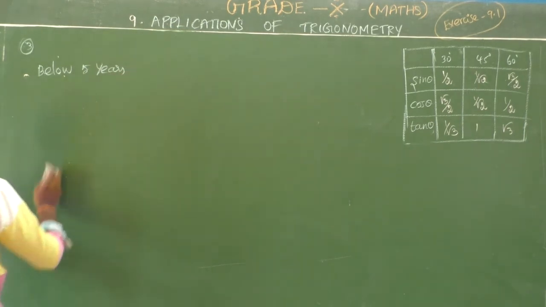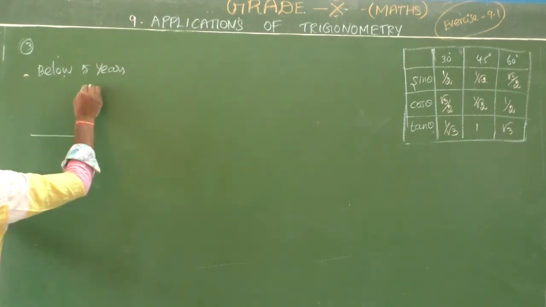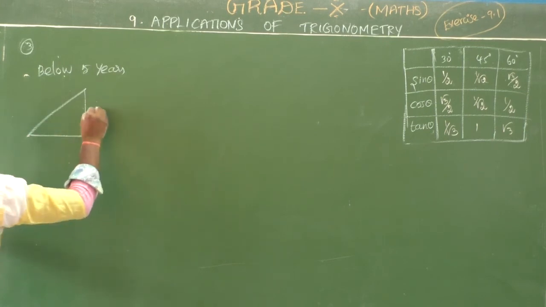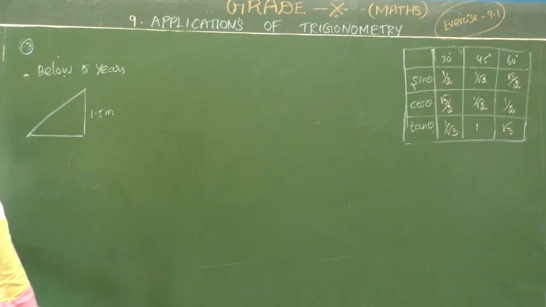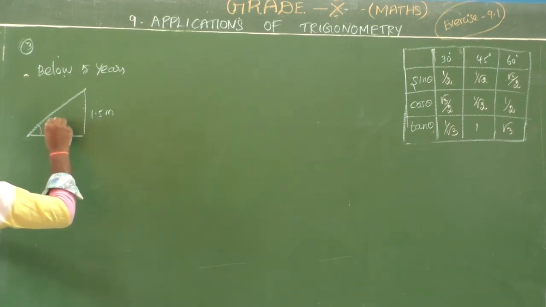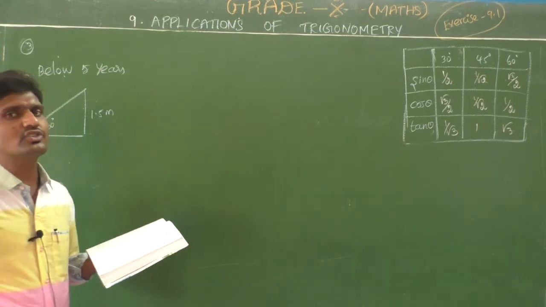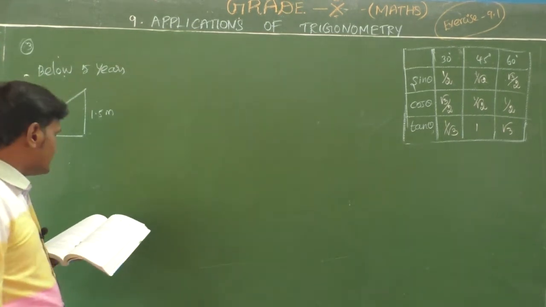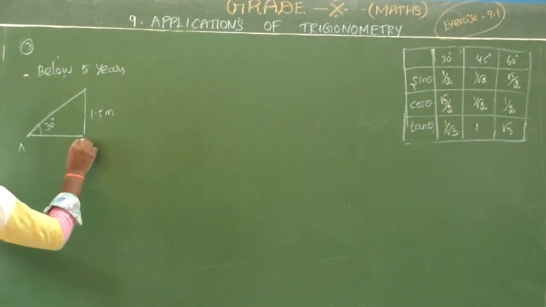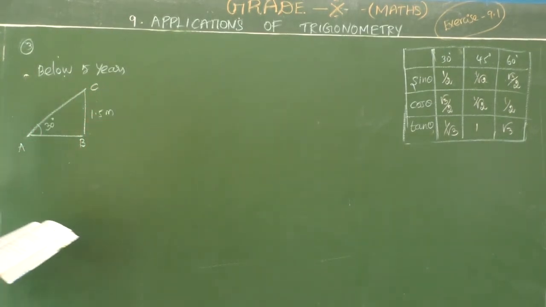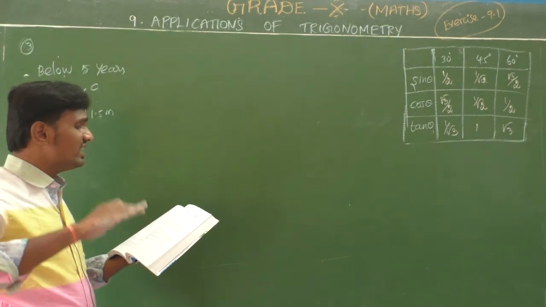Okay, so here the contractor has to plan to build the slide at a height of 1.5 meter, and the angle of inclination, which is the same as the angle of elevation, is 30 degrees. So here I am going to give the names ABC. Okay. Yes. Now whereas for the elder